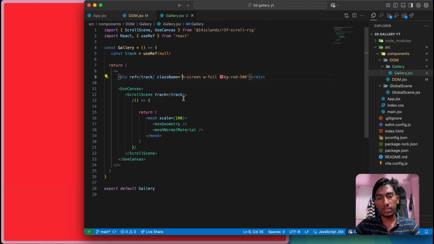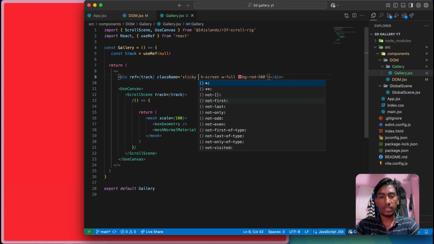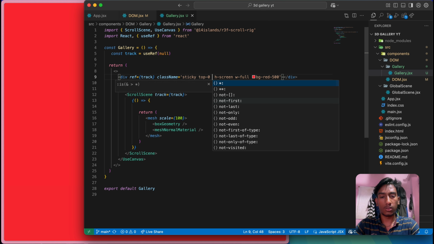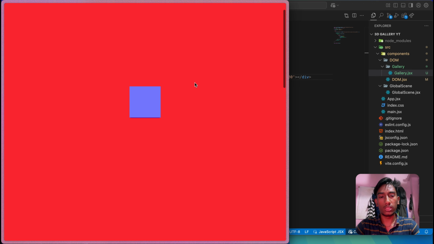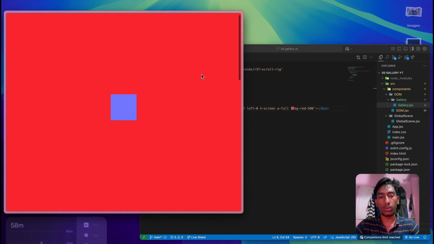So let me just make it sticky top 0 left 0. Now you can see this red div is not scrolling with the scroll, is not going up and down, but the box is going up and down, it's interacting with the scroll.